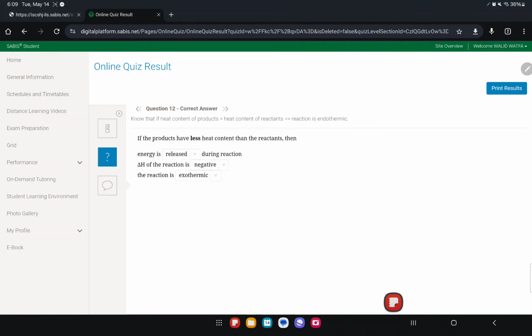Question 12. If the products have less heat content, what does it mean? Less heat content? That means it's exothermic. If the products have less energy, that means it's exothermic because energy was released to the outside, so the products have less energy. So that means energy is released during the reaction. That means delta H is negative. If it's exothermic, it's always negative delta H because when you have a reaction, delta H is always